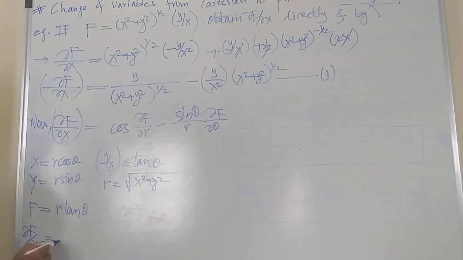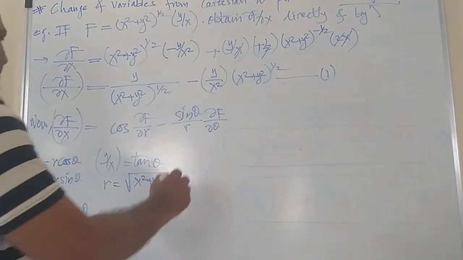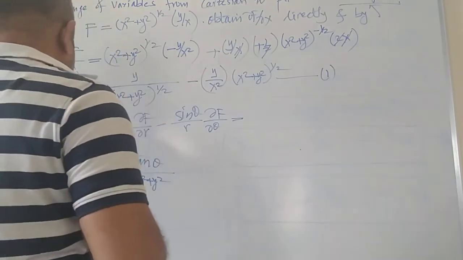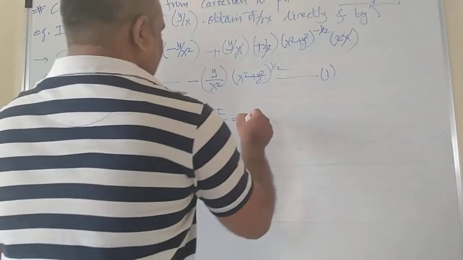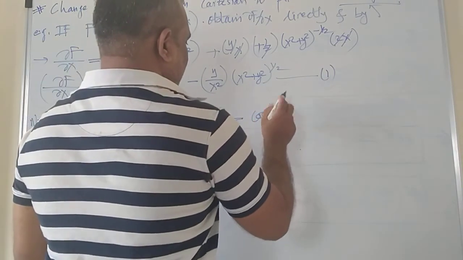So dou f by dou r will be equal to tan theta only, because theta, the other variable, is constant. And dou f by dou theta will be equal to, so r is constant as it is, and differentiation of tan theta is nothing but sec square theta. So put these two values into this relation, and you will get cos theta into dou f by dou r, that is tan theta. So let me write cos theta